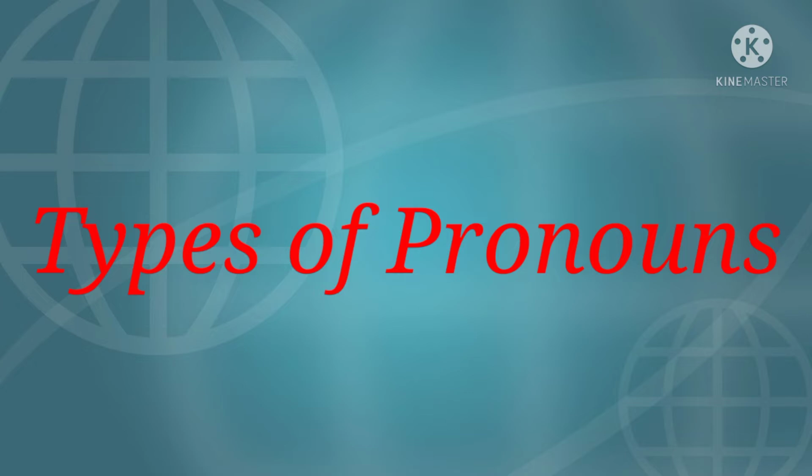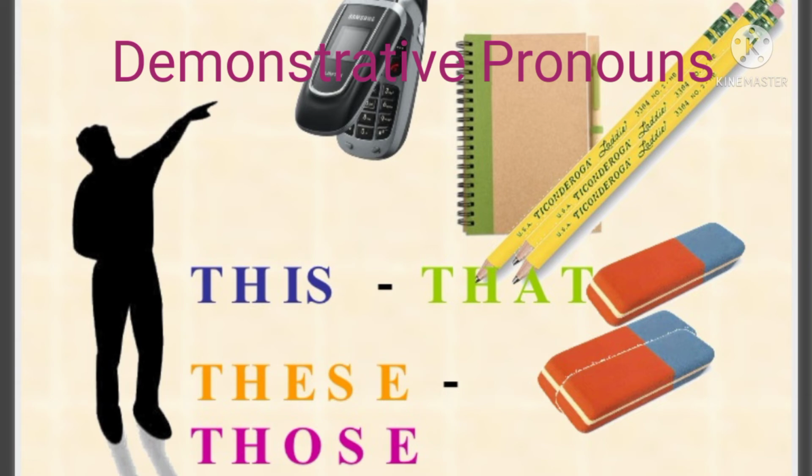Since we have already learned personal pronouns, and I told you that possessive, reflexive and emphasizing pronouns are derived from personal pronouns, which have some relations because these pronouns have been derived from the same persons. So we'll continue with the types of pronouns and take the next pronoun. The next type of pronouns are called demonstrative pronouns.